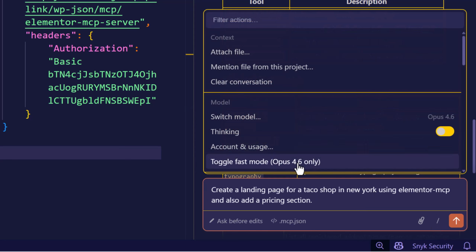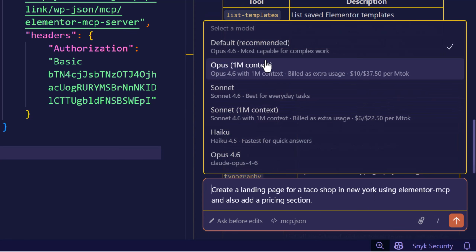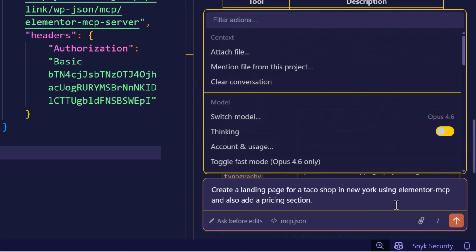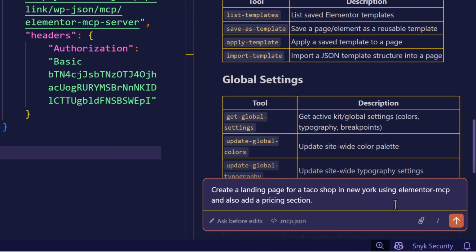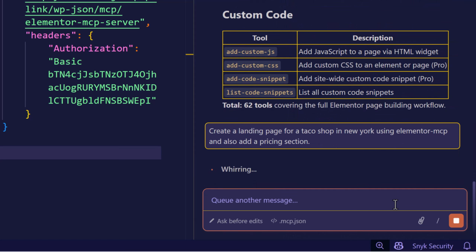And I am currently using Claude, the default model Opus 4.6. You can use any other model like Gemini, and you can even use Codex and other models, and you can even use some skills inside your AI agent. It uses them for the design. There are hundreds of skills available, but let's just start the test, and I'll just hit enter and see